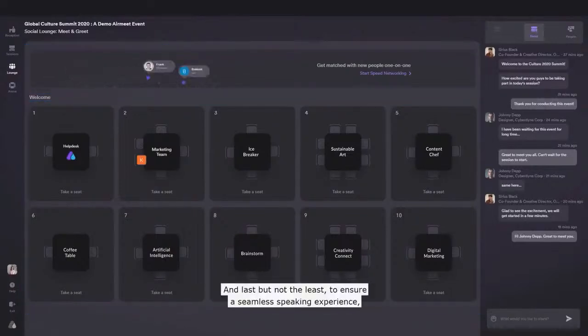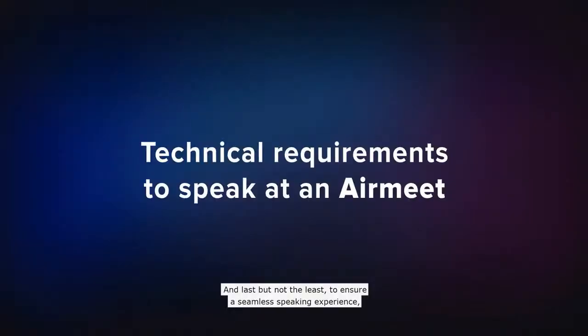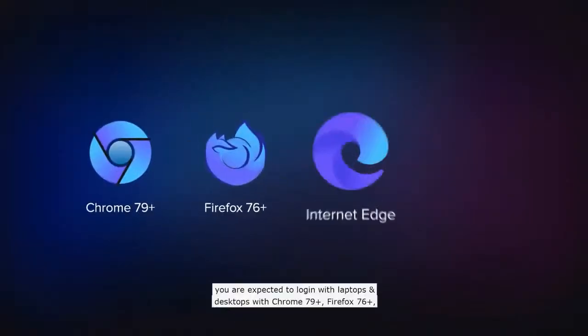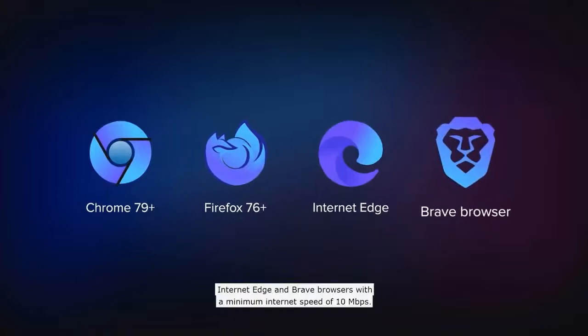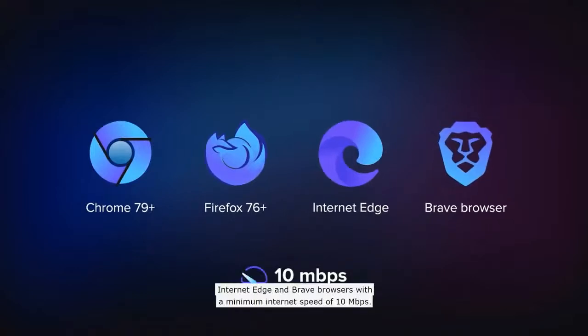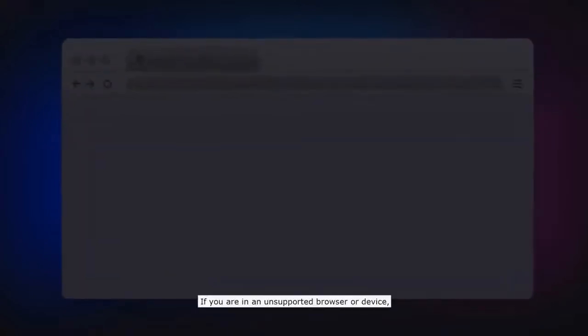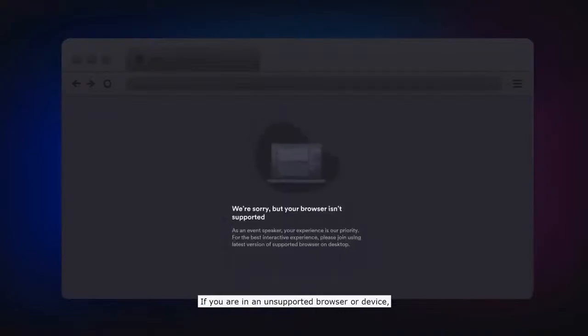And last but not the least, to ensure a seamless speaking experience, you're expected to log in with laptops and desktops with Chrome 79+, Firefox 76+, Internet Edge and Brave browsers with a minimum internet speed of 10 megabytes per second. If you are in an unsupported browser or device, you will not be able to present, speak, or interact